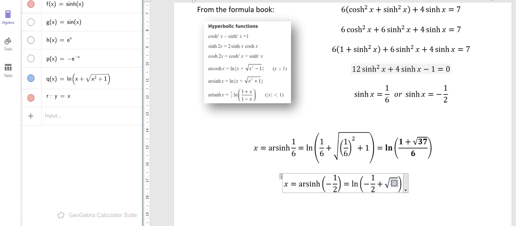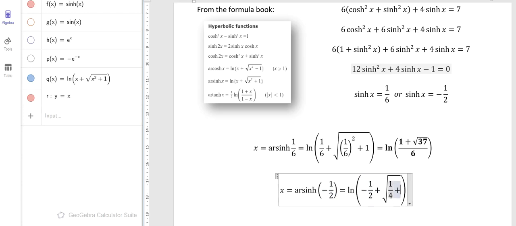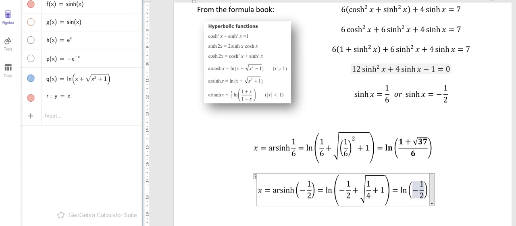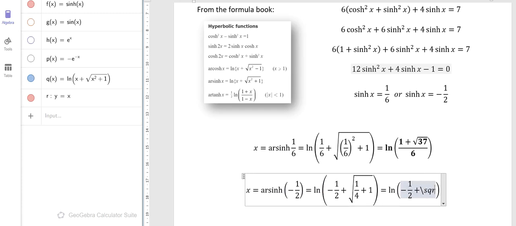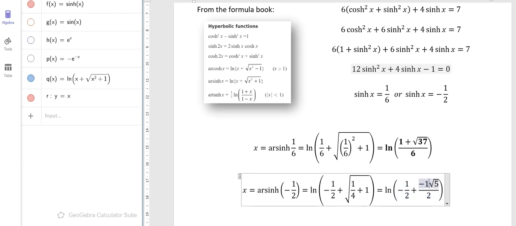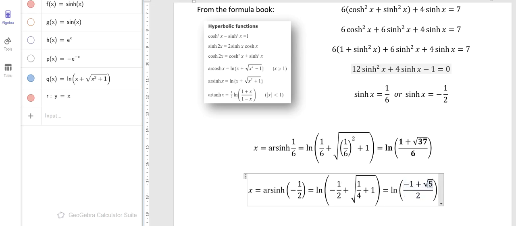The square root of minus a half squared is still a quarter, so this should work itself out fairly well again. Ln of, we have minus a half, and then we have plus the square root of 1 quarter plus 4 quarters, so 5 over 4. The nicest way to write this is root 5 over 2, and then of course you can bring in the minus 1 over 2 to make it minus 1 plus root 5 all over 2,